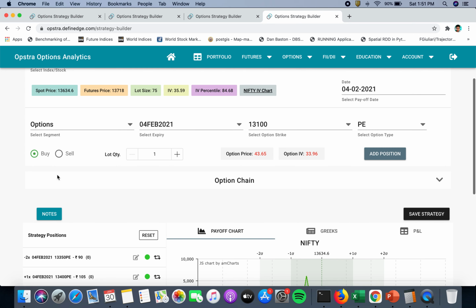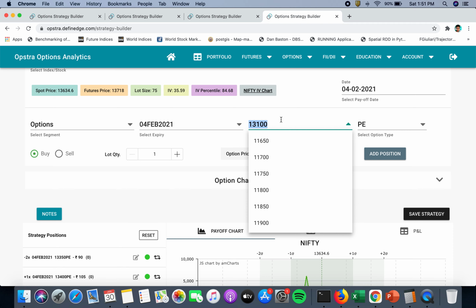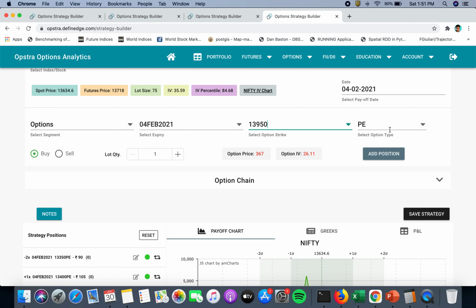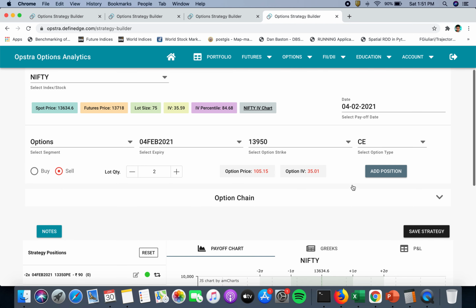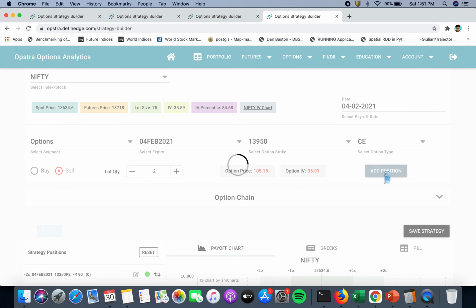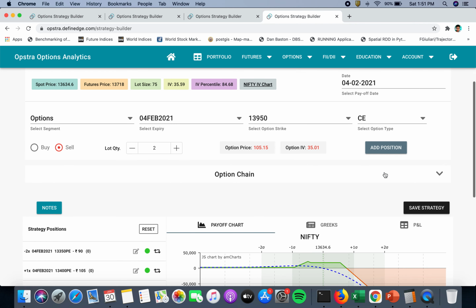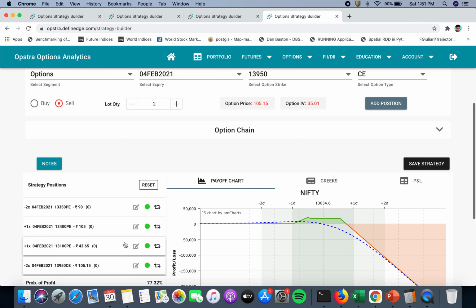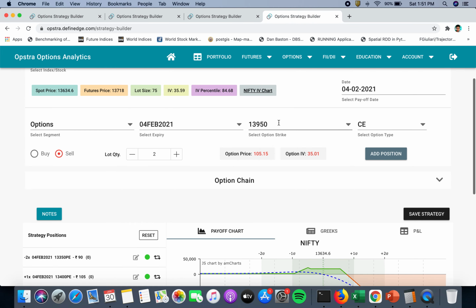Now let's do this for the call side as well. So again, 13650 is the at the money. I told you to go 300 points away from this, which will be 13950. So you sell two lots of call option of 13950. Again, we are all within the 4th Feb expiry, and we are not using any calendar hedges for this one. So just keep that in mind, because we want to create a Vega short strategy. So yeah, we sold this, and now again, this time we need to go 50 points below this, which is 13900, and buy one lot of this.